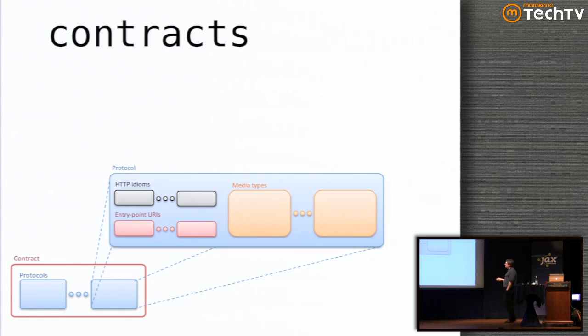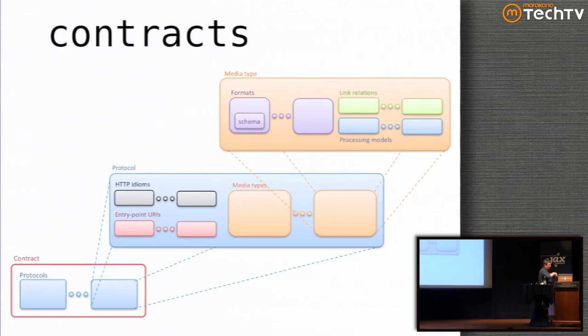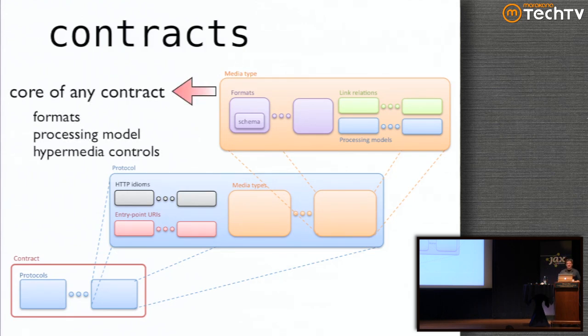This is what we use DTDs and XML schemas for in the kind of traditional integration world. That's media types are used in the hypermedia world. And those media types really specify things like schemas, processing models, and how link relationships work. But it's really just the same schema stuff that we're used to before, cast in a different light. And in fact, you don't even have to use media types here. You can use traditional kinds of XML schema if you want, which we end up doing in a lot of cases. But the point of this is the core of any contract are what formats do you accept, what's the processing model, and what kind of controls can I use.